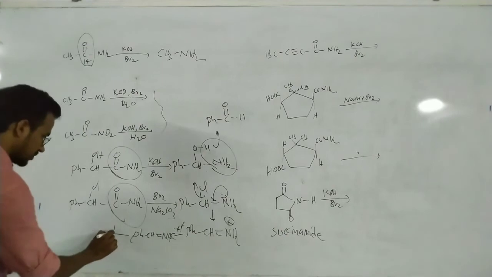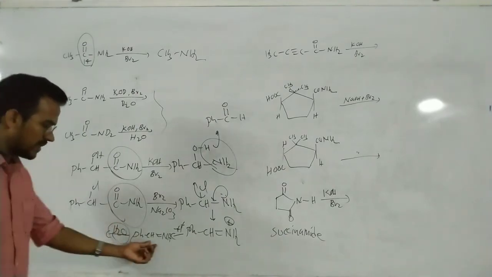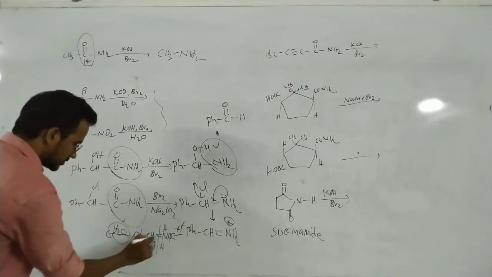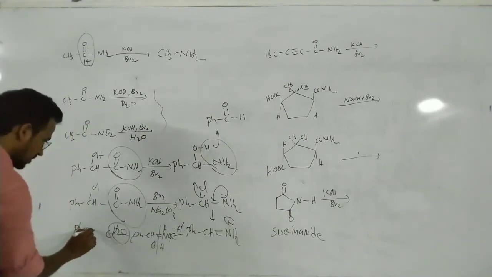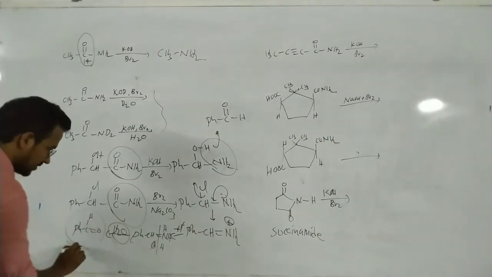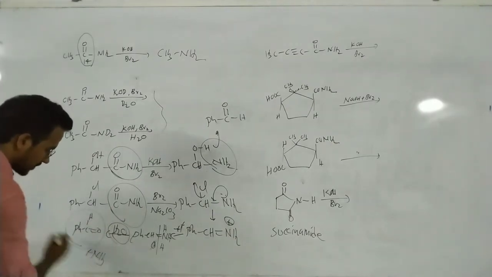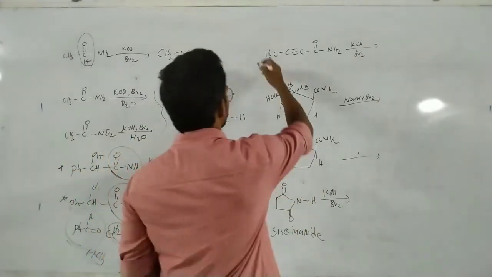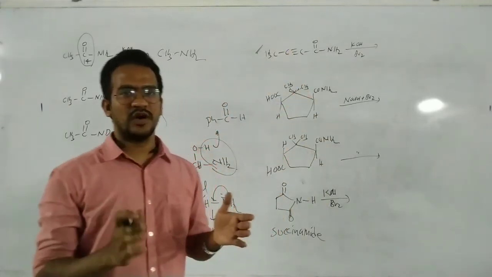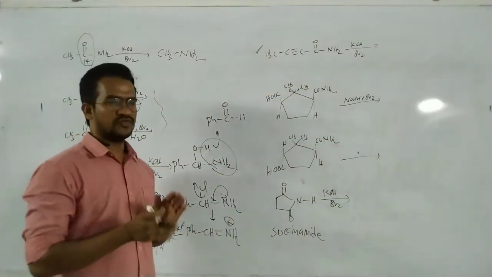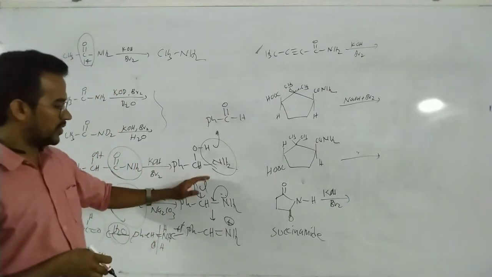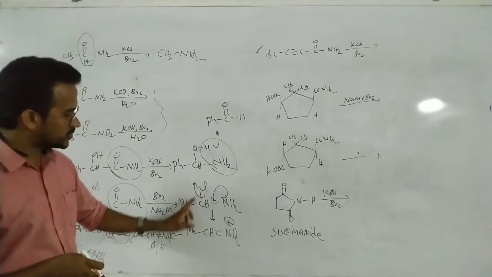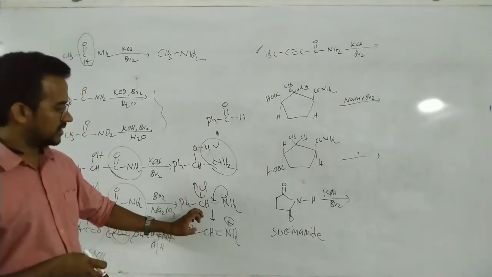Now this compound on hydrolysis. Okay, this imine on hydrolysis, here oxygen, hydrogen, and here hydrogen. That means PhCHO, the aldehyde, is the product, and the side product is ammonia. Okay, these are two exception reactions you can see. And this is also an exception, where a different product is formed. After formation of the product, here loss of ammonia, here loss of HCl takes place. Of course, here Cl minus and H plus, HCl is leaving out.